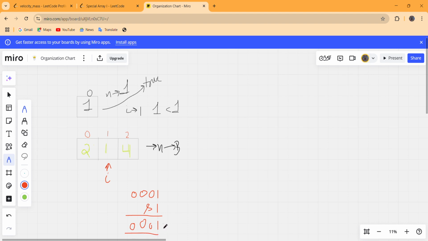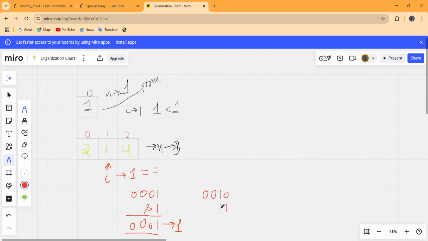In decimal this is 1, that means nums of I and 1 will generate 1 as the answer. Is this equal to nums of I minus 1, that is 2? And 2 in bits is written like this.